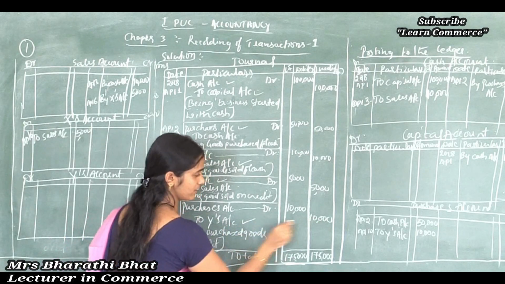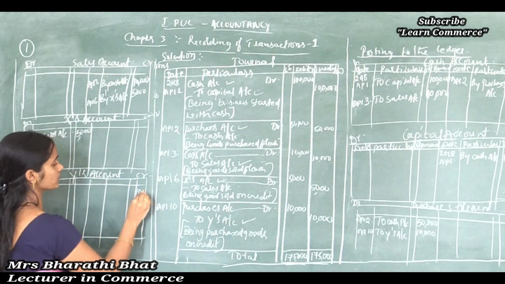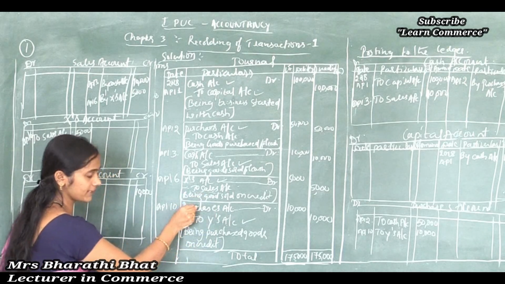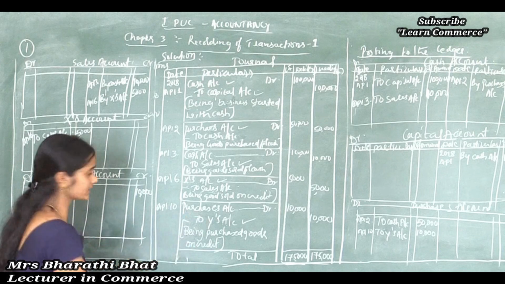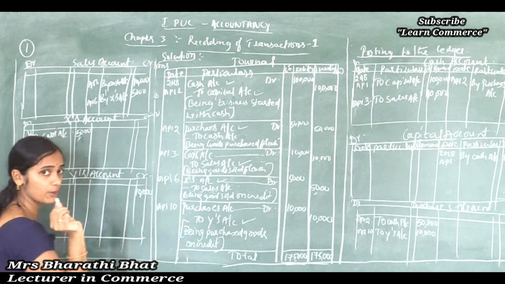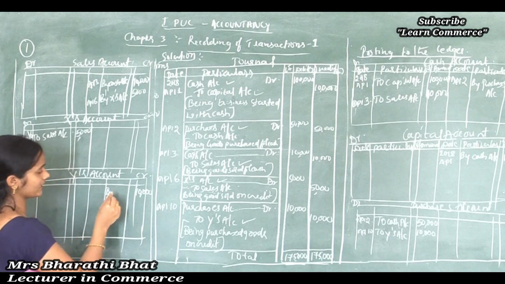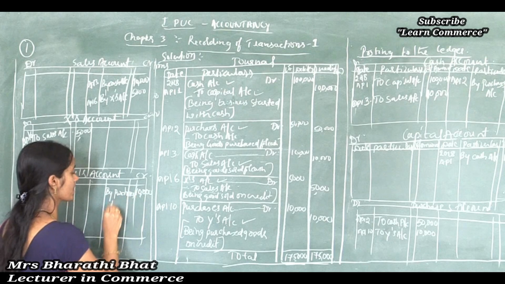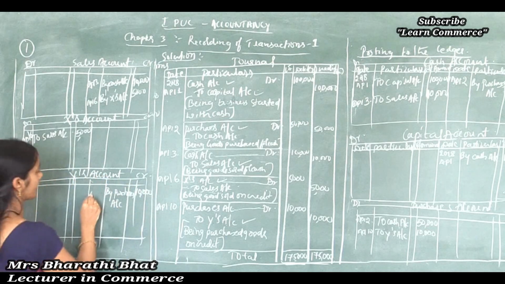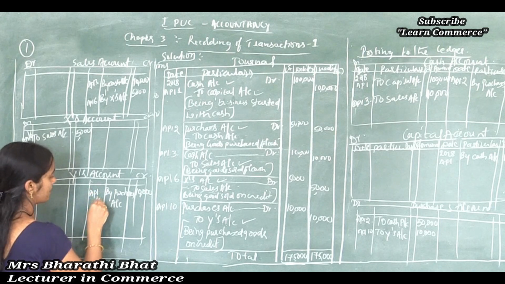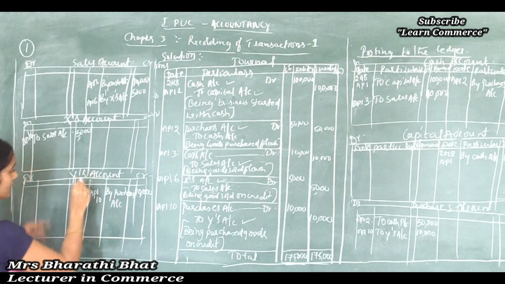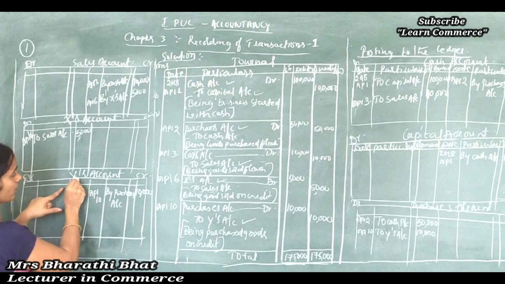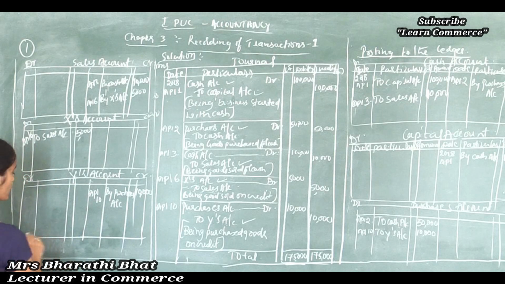Y's account shows credit value, so immediately write 10,000 on the credit side, then analyze Y's account is affected by which account? Purchases account. To record the credit aspect on this side, we should use by, and the next step is purchases account. Mention the date, April 10. Clear? So now just by seeing this ledger account, we can say the journal entry as purchases account debited to Y's account, like that. So close accounts.